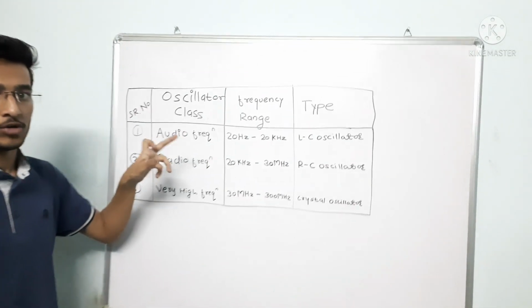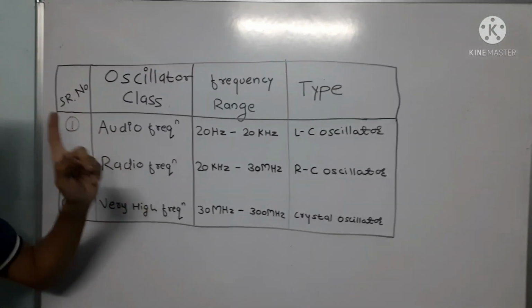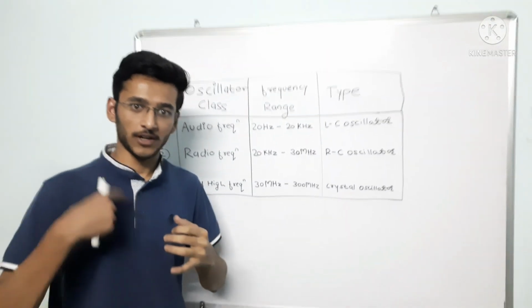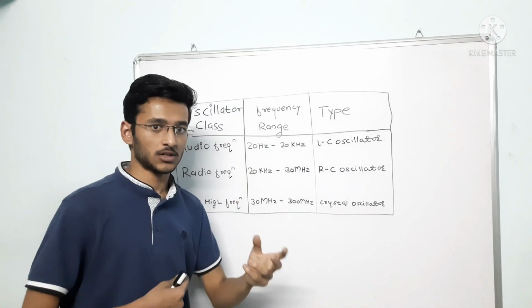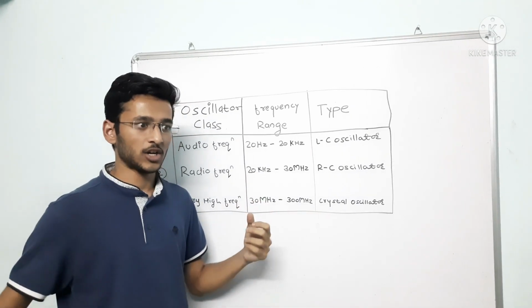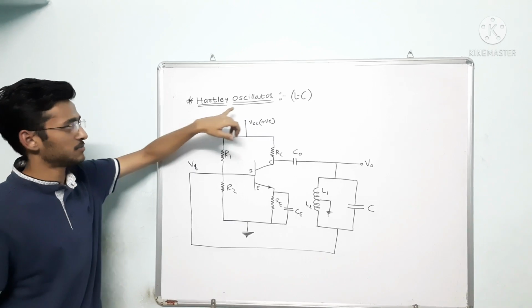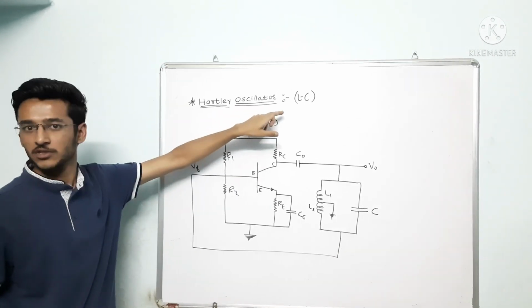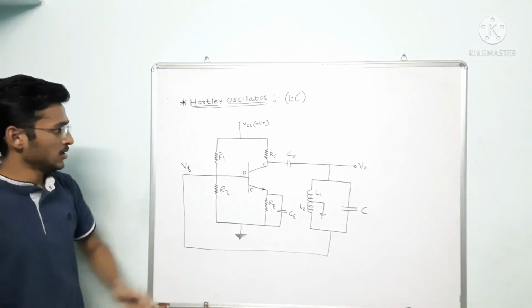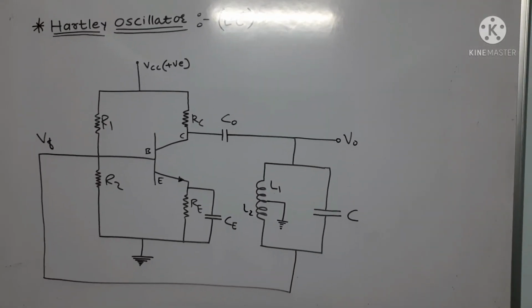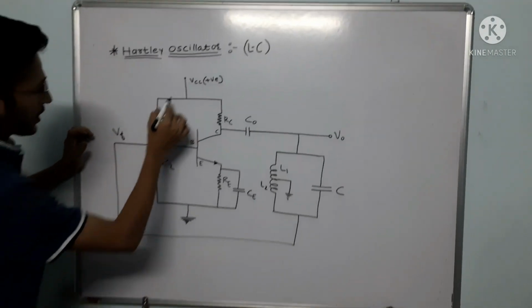So now we are going to proceed towards our main point, that is the Hartley oscillator, and we are going to see its whole concept, its frequency derivation, and the terms and conditions related to the Hartley oscillator. So here, as you can see, we have the basic circuit diagram of the Hartley oscillator, which is also known as an LC oscillator. So this is the whole basic diagram. Now let's elaborate it.